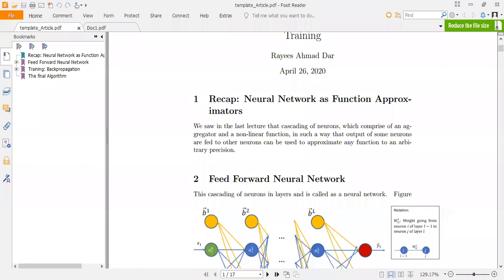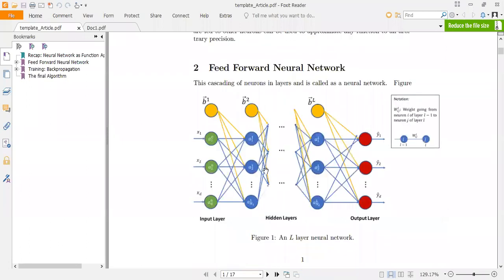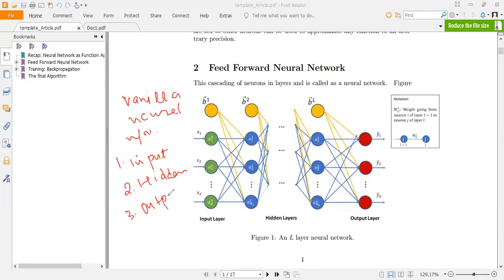But as a general recap, in the last lecture, we introduced this general neural architecture, also called the feed-forward neural network, sometimes also called the vanilla neural network. I will briefly go over this. So this network has basically three types of layers. One is an input layer, then we have hidden layers, and then finally we have an output layer.